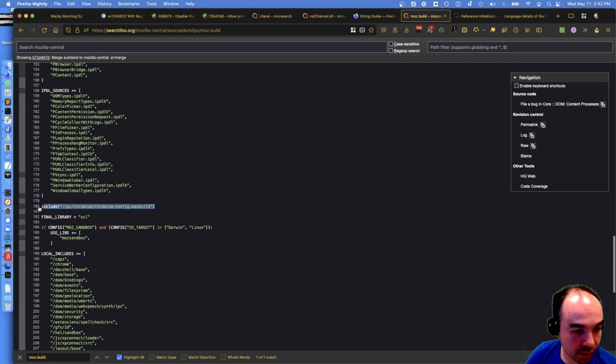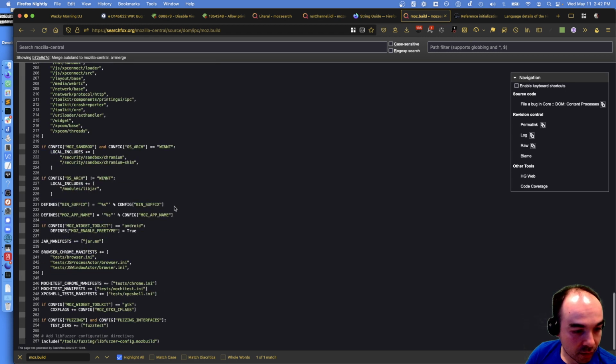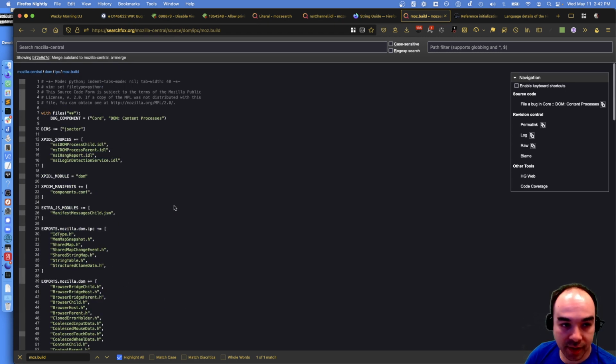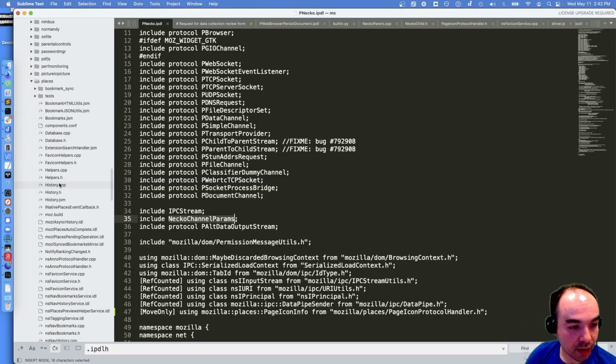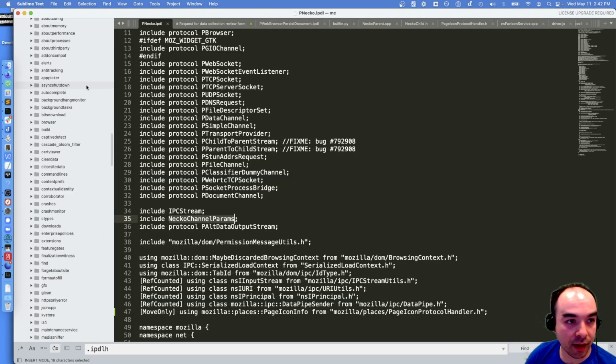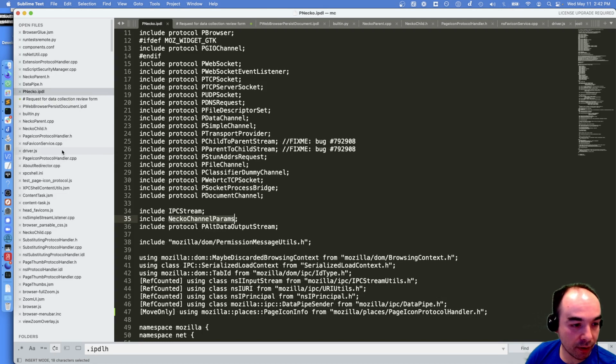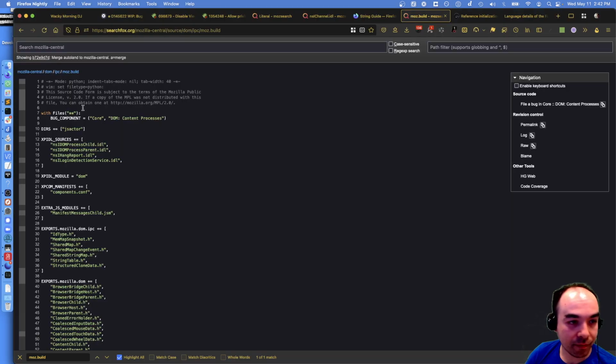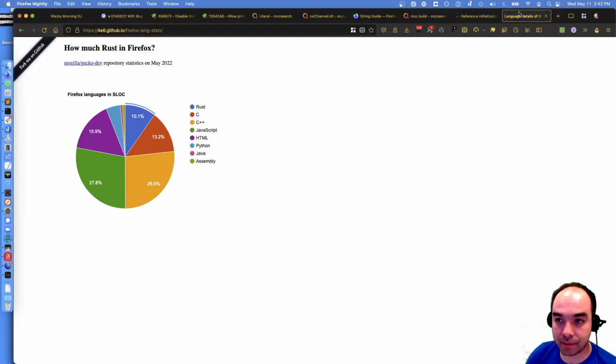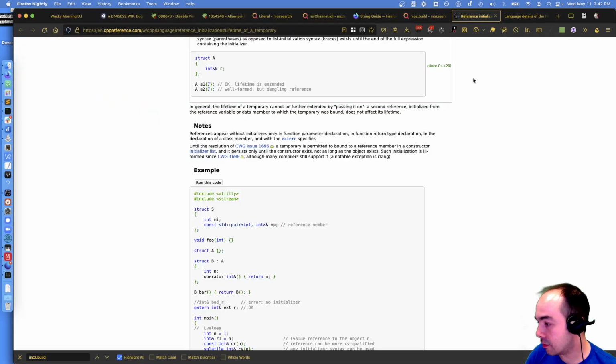This is the key part. So I might do that inside of places, create an IPDLH to define what the structure is. But for now, I could dump it inside of the Necko stuff, just for now.